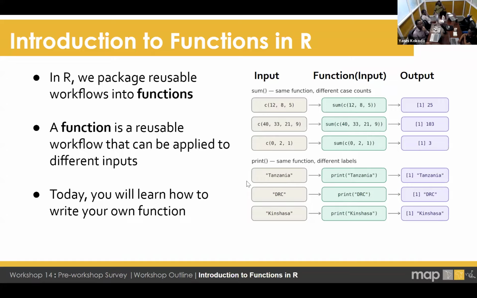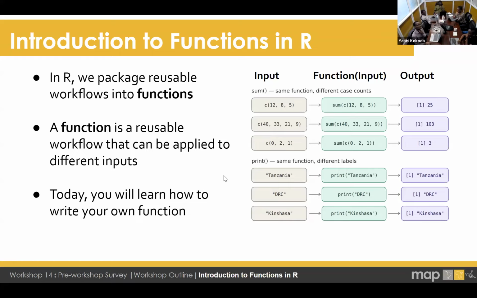There are also functions defined by people for performing different tasks, which come in packages. For example, when you install and load ggplot2 and call the ggplot function, you are using a function written by someone to solve a visualization problem. The same goes for tidyverse functions. Those are functions written by people and packaged together depending on their functionalities, and they help you solve different problems.